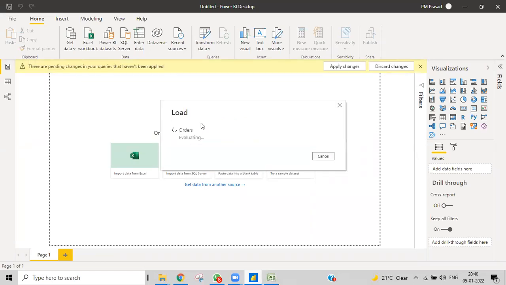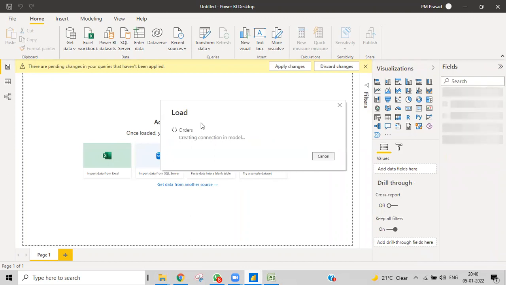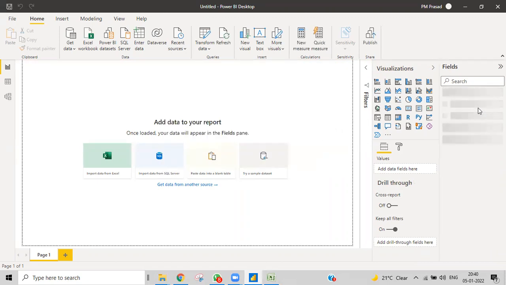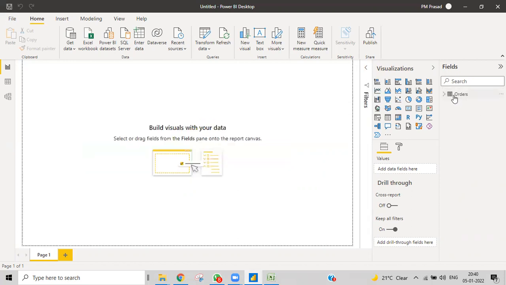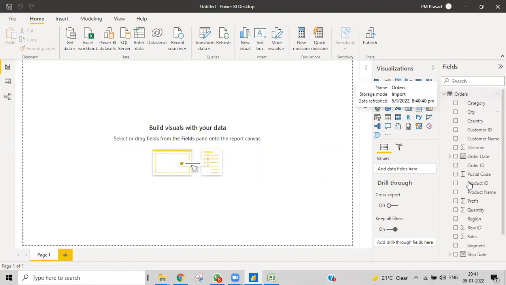Once I get the data, I have my table and then my columns.